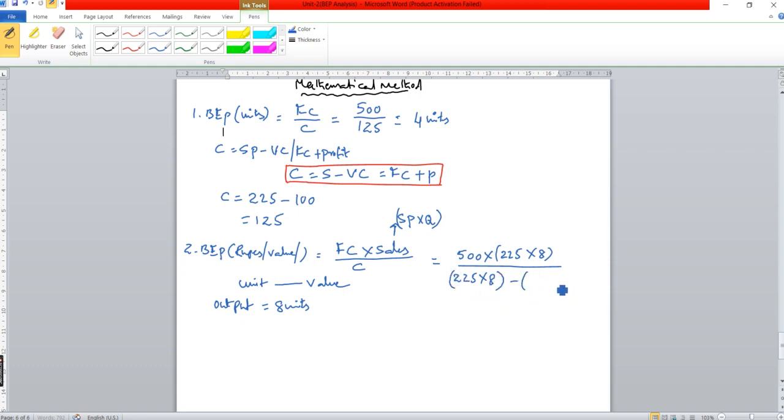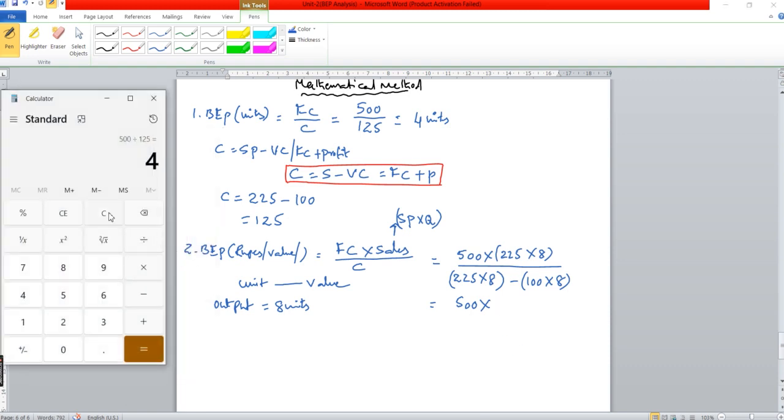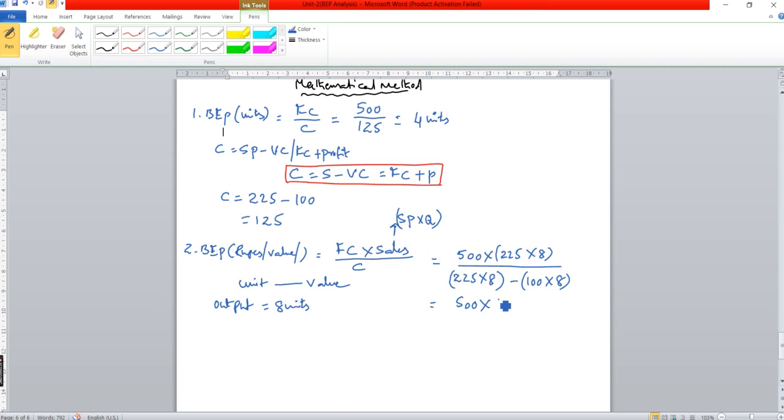minus variable cost. Even variable cost we need to convert in terms of value. Variable cost per unit 100 into 8 units. So 500 into, first we calculate 225 into 8. We are getting 1800 as the total sales or total revenue, divided by 1800 minus 100 into 8, 800,